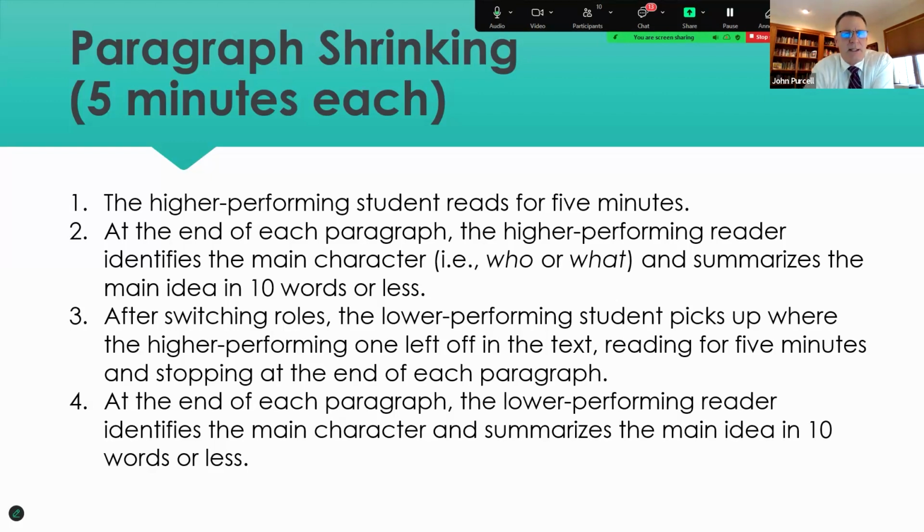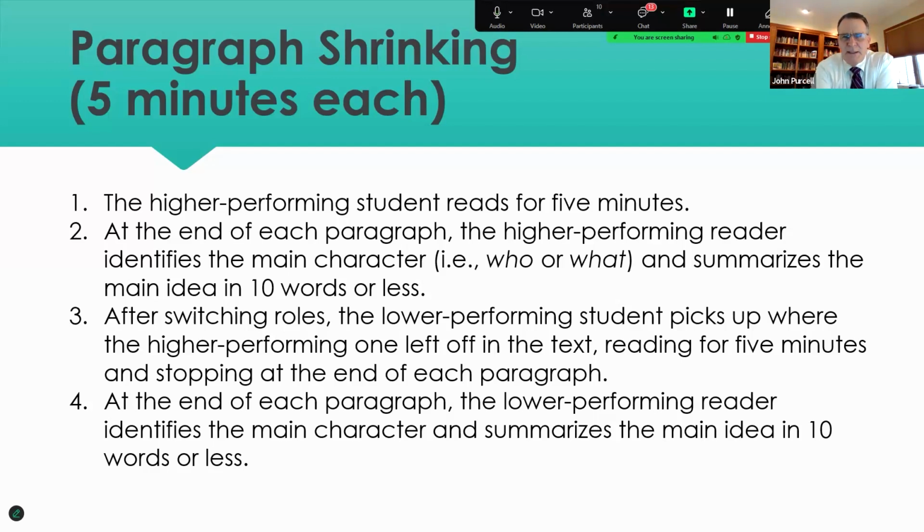So paragraph shrinking, the student reads for 5 minutes. At the end of the paragraph, that higher performing student is going to provide the who or the what when they model that, and then they're going to summarize it in 10 words, and you'll see in the video how they do that. And then they'll switch roles, and that student, in this case, it says they pick up where they left off. Some places will say they're going to